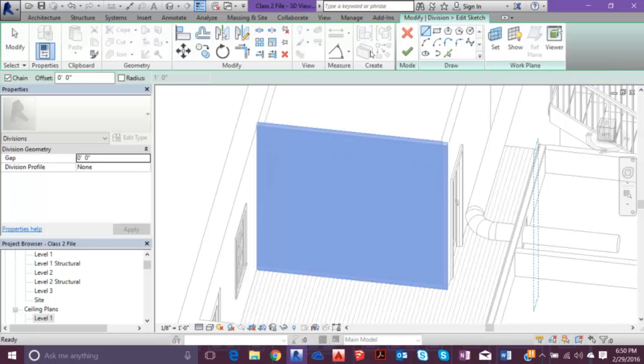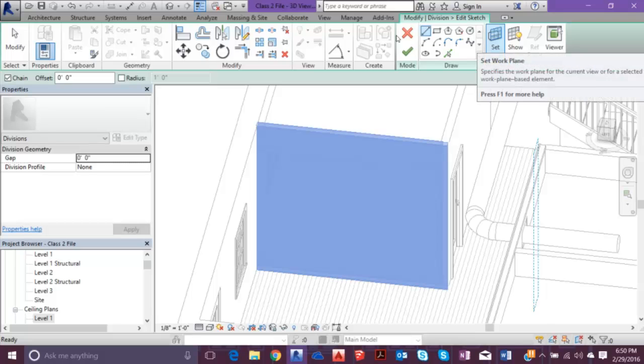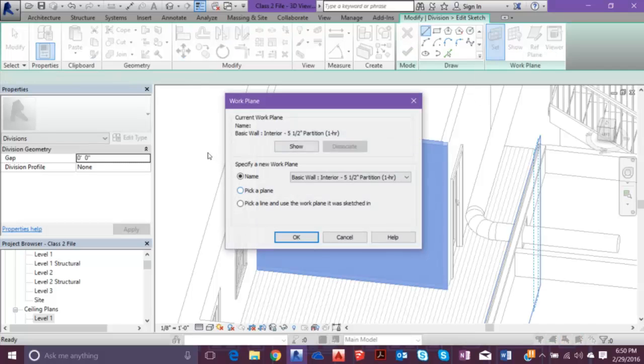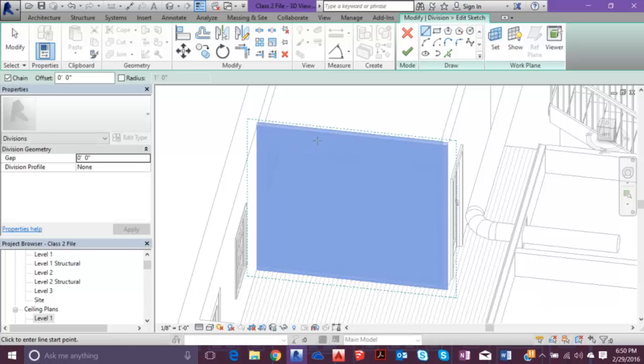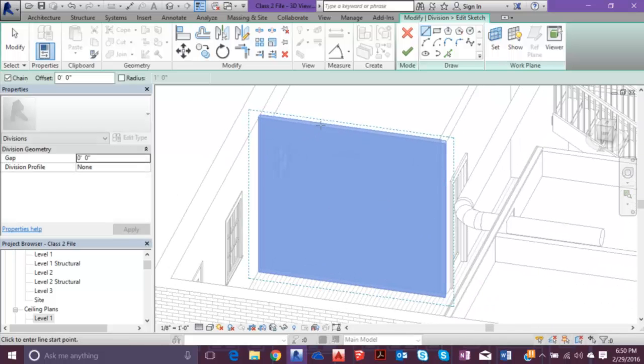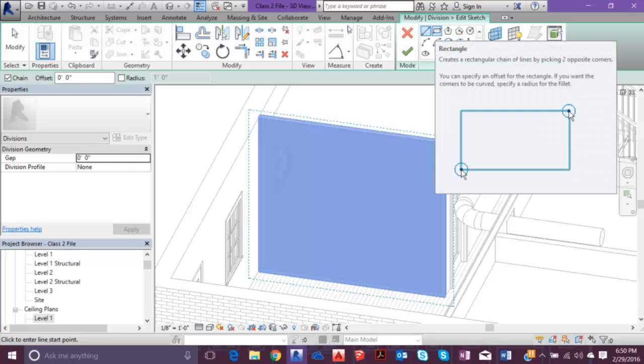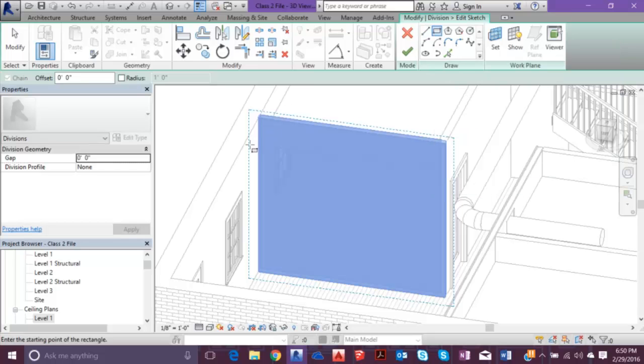And we'll go to Edit Sketch, just like we did before. We'll set this work plane. We'll go to Pick a Plane. We'll select OK. And we'll pick this part. And then let's say she has a little opening in the wall so you can slide your applications or your money or whatever through. We'll select the rectangle tool, and we'll go right here and we'll make a little rectangle,